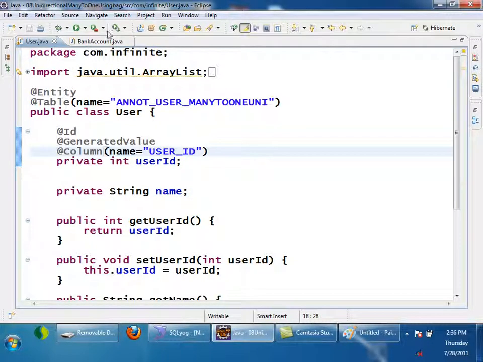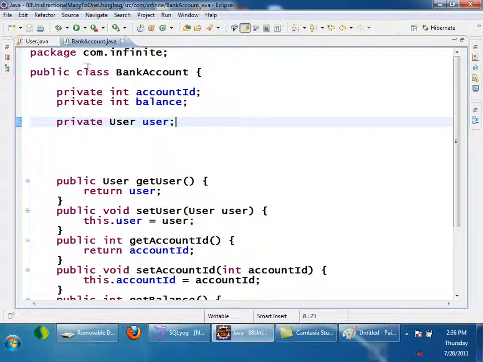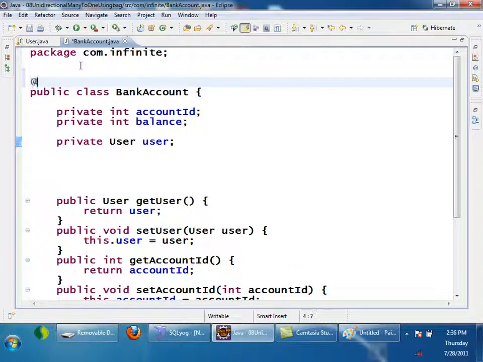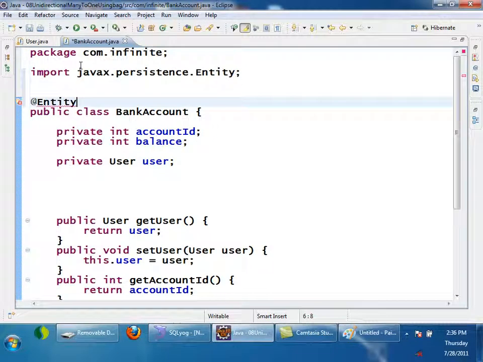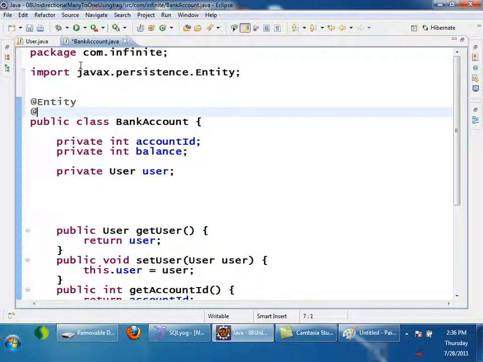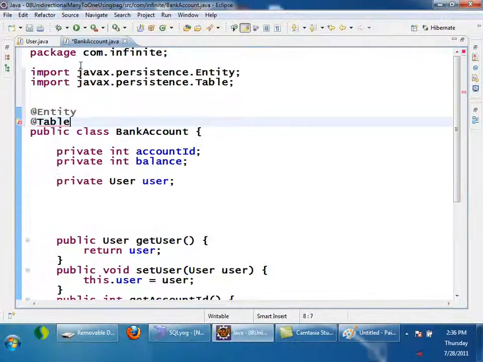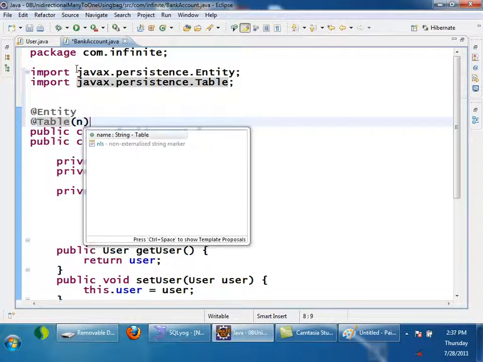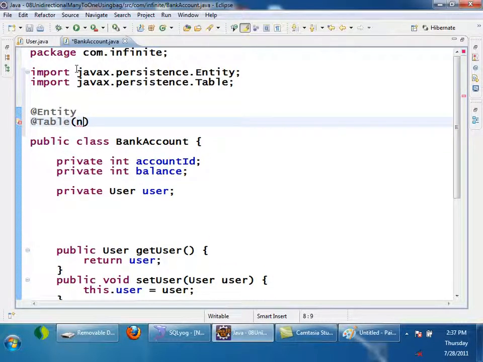Okay, I'll go to bank account. Bank account also is an entity, so I'll do the basic configurations. Entity, and I'll give a table name for it. Table, I'll give the name is equals to annotation underscore bank account underscore many to one unidirectional.